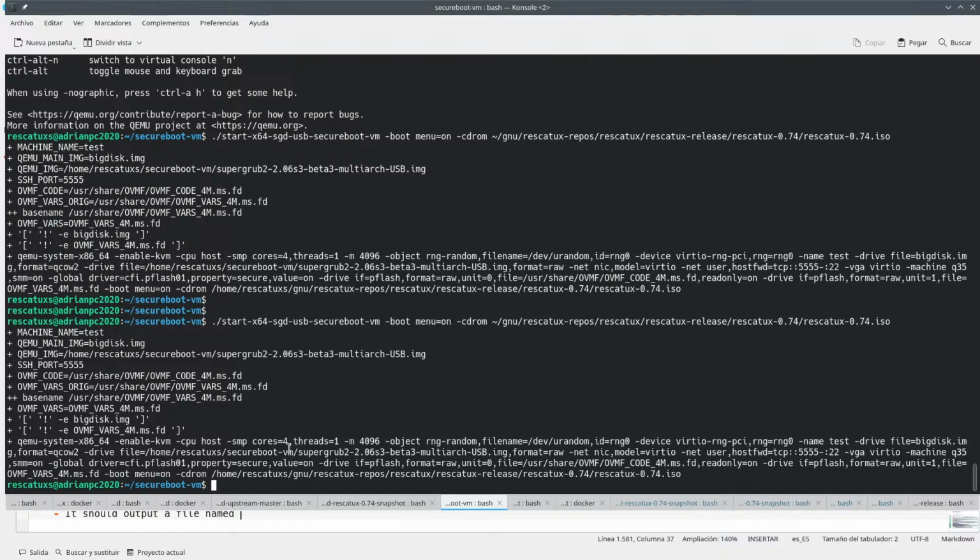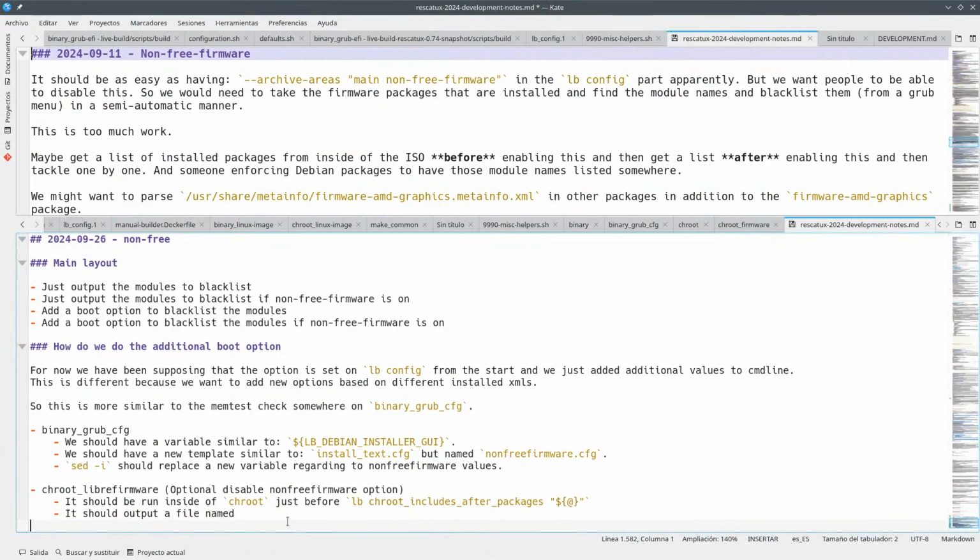Maybe we can try the script there. So it should output a file name. Yeah. Damn it, why have I closed this thing? A file named